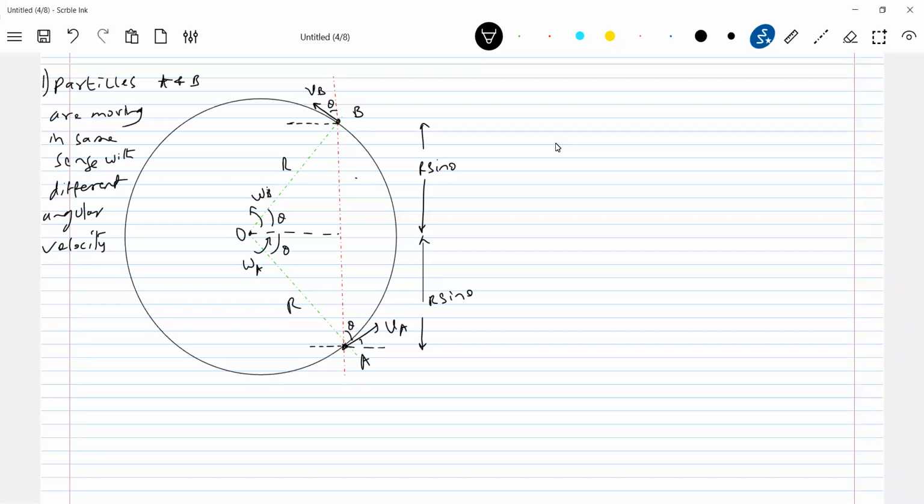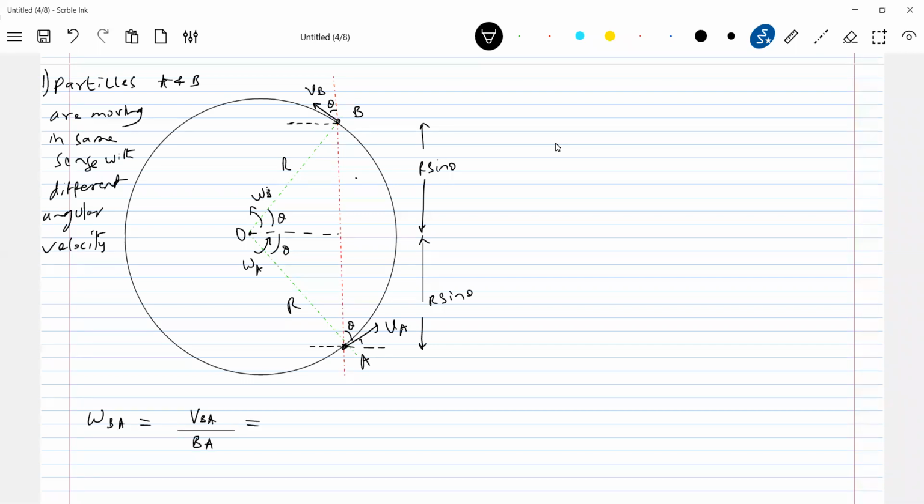Okay, look at the angles here now. So what is the angular velocity of A with respect to B, or angular velocity of B with respect to A? I think both are same. Just now we have concluded here. So from that, what is the equation you can write now? Angular velocity of A with respect to B, or B with respect to A, you calculate. What is the formula now? Velocity of B with respect to A, VBA, by the perpendicular distance along line joining A and B.